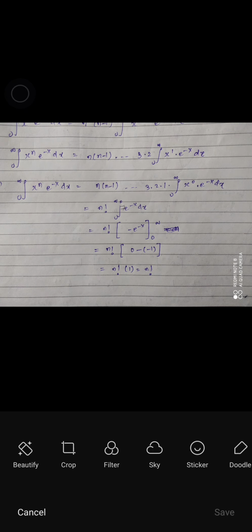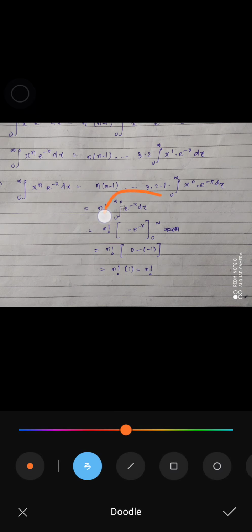And again applying the same concept, or the identity, we can go to this equation where the power of x approaches 0 and its value goes to 1, and here we obtain n factorial as a constant. So here it is n factorial, and here we have proved that this is 1. So we are only left with the integral from 0 to infinity of e raised to the power minus x dx. So we are almost done, because in my previous video I have already proved that this integral is 1.